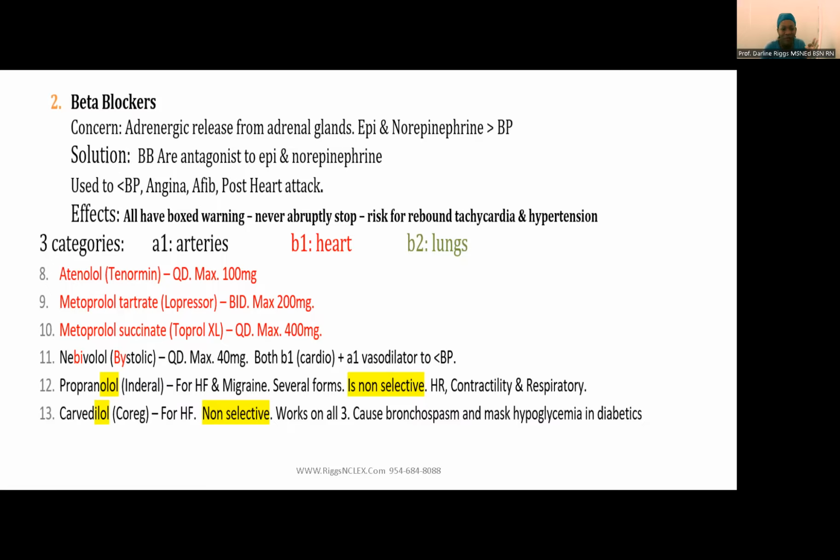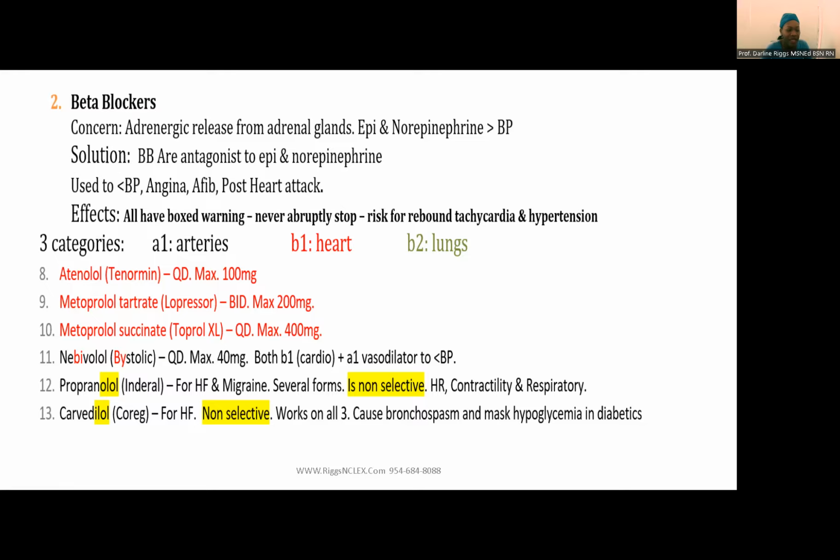I always find sometimes there's not much to pull out to help you remember something. You'll just have to do repetition. But if we can find something, find it, right? And your propranolol and carvedilol are very special drugs, right? Inderal and Coreg, we don't play with these drugs. Great for heart failure, migraine,